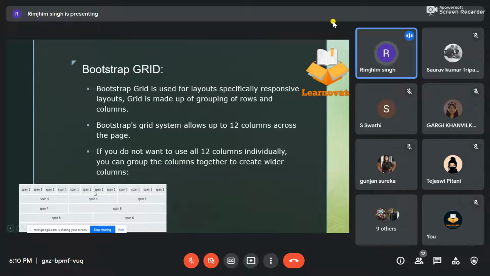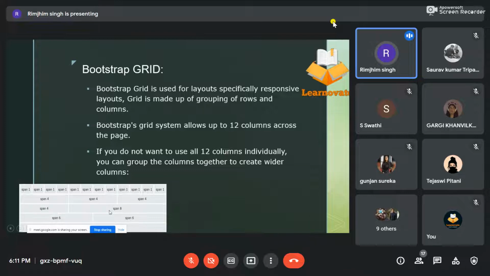And I can use these 12 parts in my program however I want, divide them and then write my code. If I combine these four parts, you see here, 4, 4, 8, and then 12.